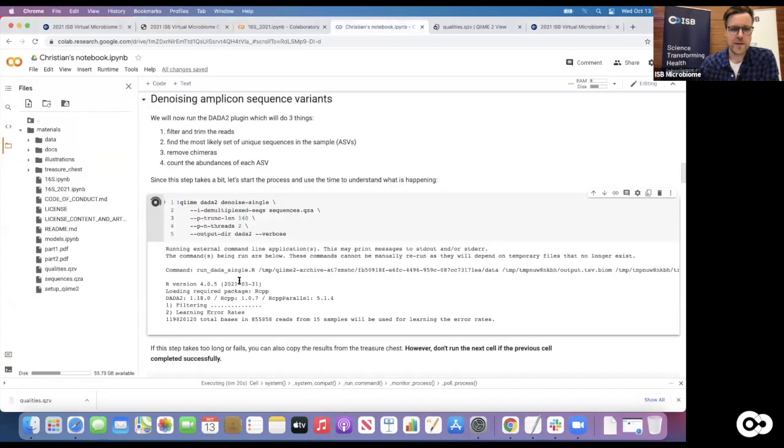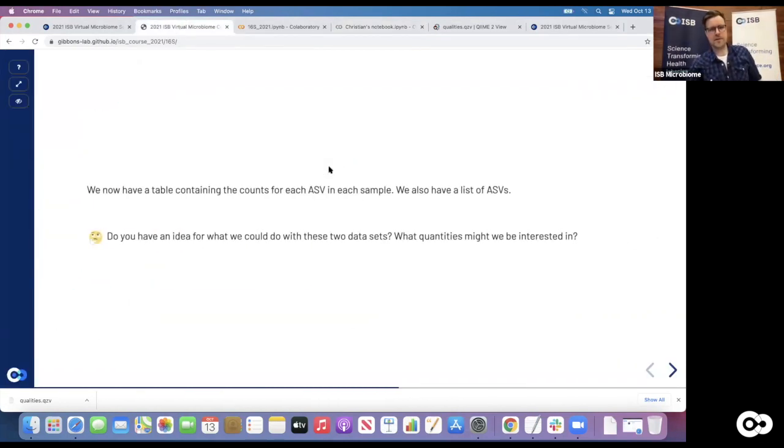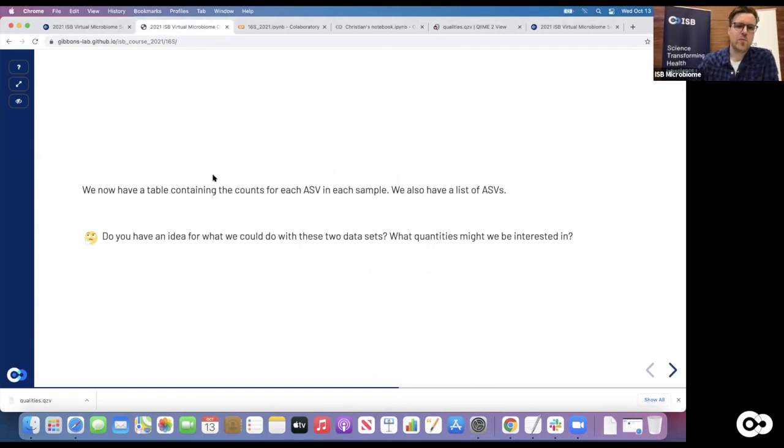And we can check back in, it's still learning the error rates right now. So let's maybe go ahead a little bit more. We now have a table containing the counts for each ASV in each sample. So we have basically recovered the original sequences, the amplicons that were supposedly present in the particular sample that we analyzed. We also have a list of the ASVs, so we have the actual sequence of those original sequences,